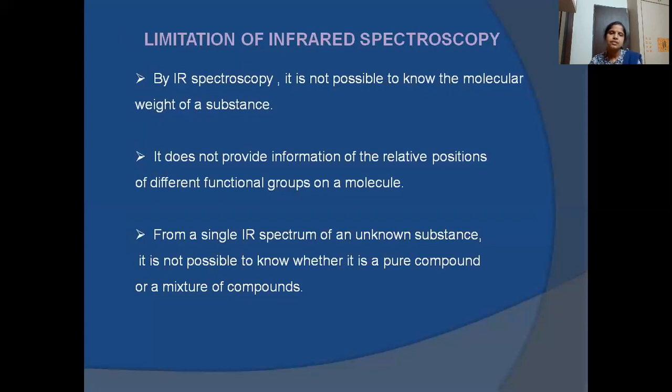And then we have seen the characteristic absorption bands for various functional groups. From 4000 to 1500 is the functional group region, and from 1500 to 400 is the fingerprint region. When two compounds are similar and there are only small changes in the structure, those can be detected in the fingerprint region. And then we have seen the instrumentation also.